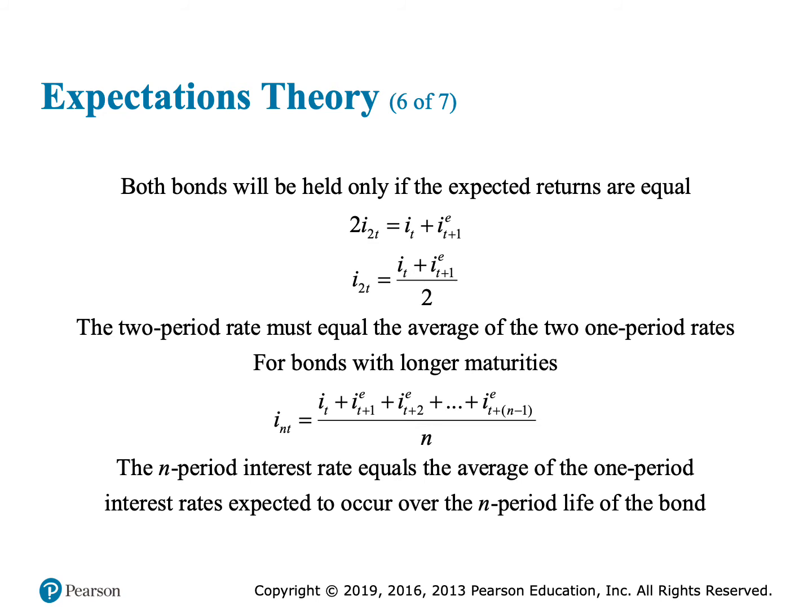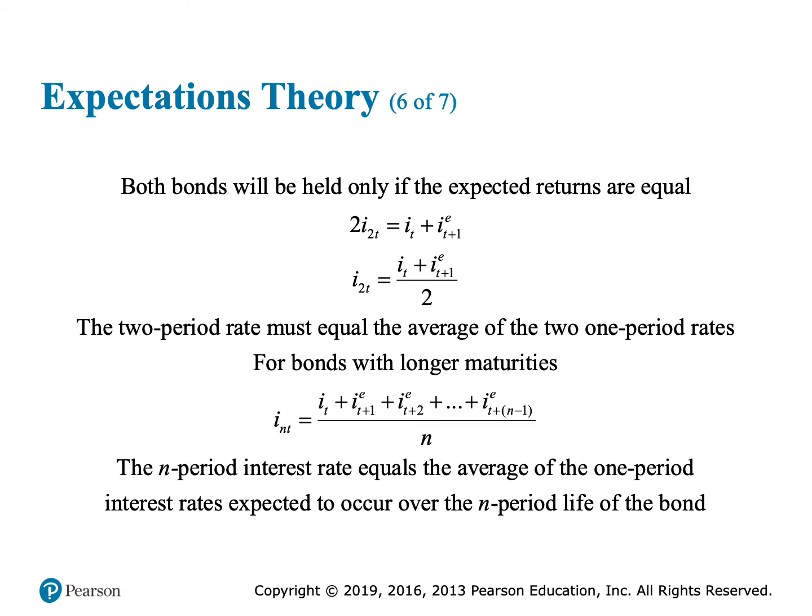This equation is telling you why the term structure of interest rates changes at different times. It explains why interest rates of bonds with differing maturity are going to move together because interest rates on long-term bonds are determined by expected interest rates on short-term bonds over a period of time. It helps to explain why the yield curve tends to slope up when short-term rates are low, because if short-term